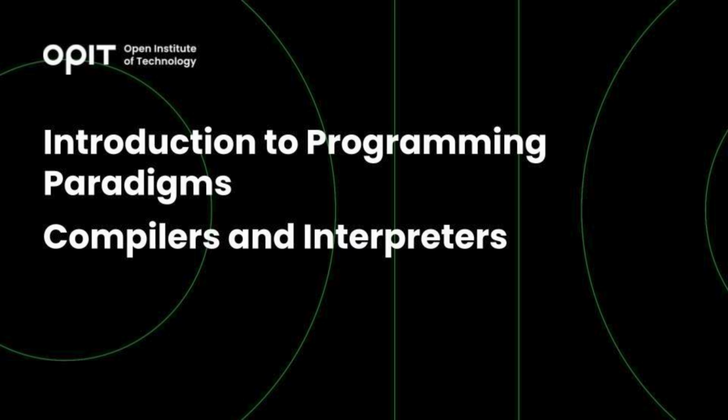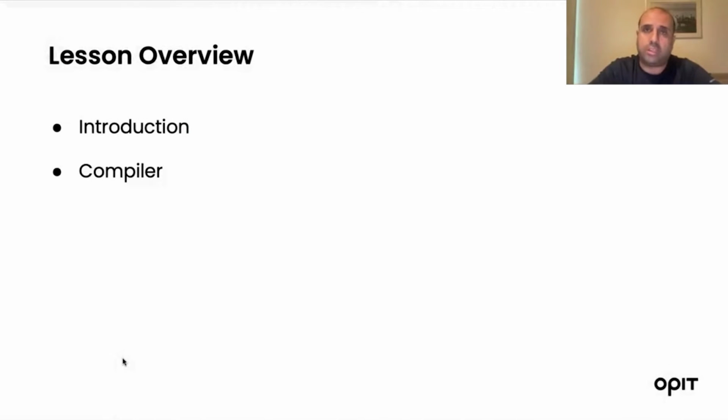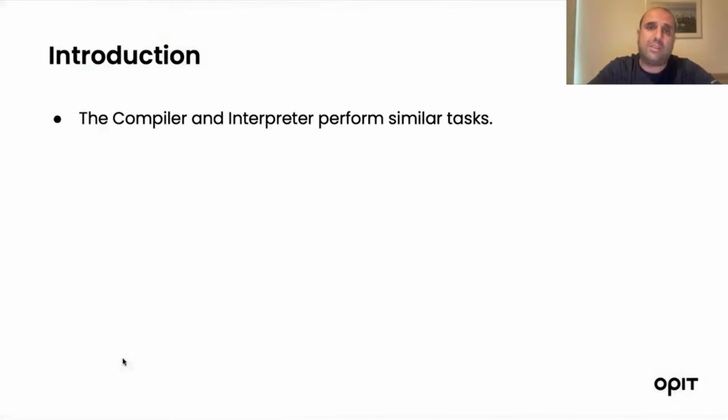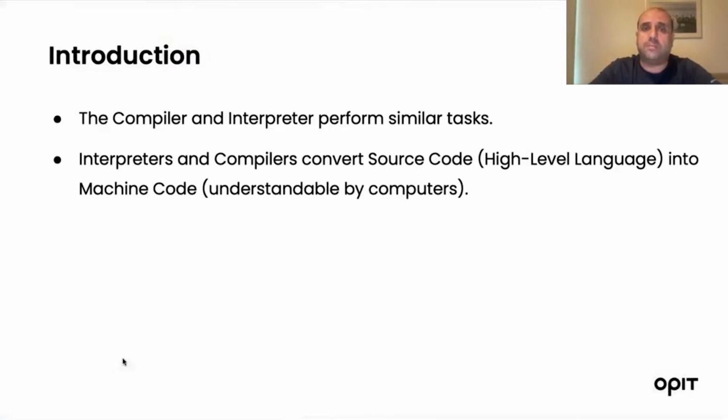Interpreters and compilers. So in this lecture, we are going to look at an introduction. We are going to look at compilers and interpreters and compare them together. The compiler and the interpreter perform similar tasks. They are both used to convert source code, which is written in a high-level language, into machine code, which is